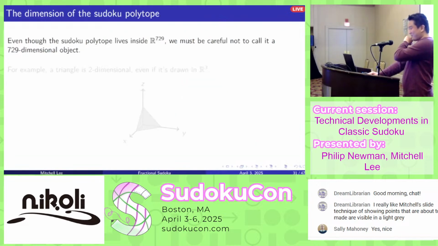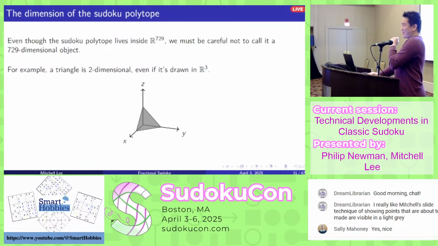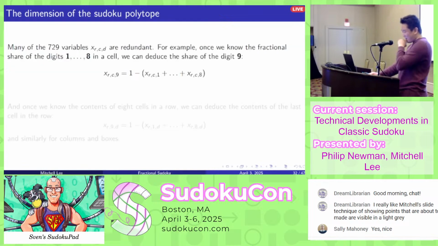All right, so one misconception that I want to knock out straight away is saying that the Sudoku polytope is 729-dimensional, because it's not. It's living inside this 729-dimensional space, but you can have a triangle, for example, which is 2-dimensional, living inside the 3-dimensional space. So that doesn't necessarily mean that the Sudoku polytope is 729-dimensional, and in fact it's not, because many of these